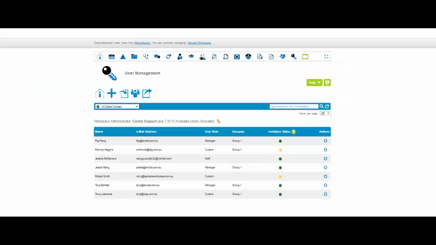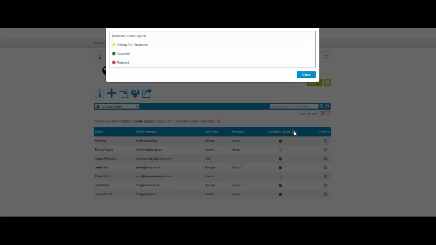If the email address entered already has access to the workplace, the system will display an alert. Otherwise, an invitation to access the workplace is sent to the new user and they'll appear in the list. If the user hasn't previously accepted an invitation to access any workplace in the system, the status will display as waiting for response. However, if the user has already previously accepted an invitation from any workplace in the system, their